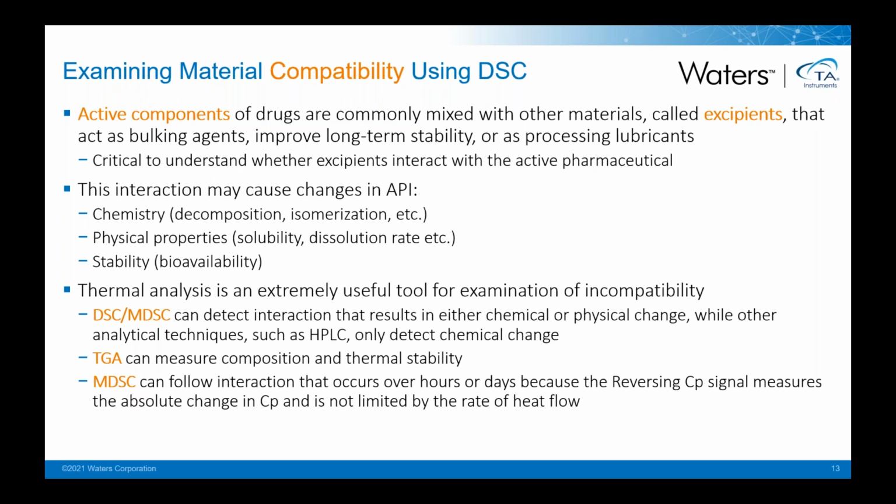And so understanding whether these interact under normal conditions is certainly a critical analysis. And in some cases, you can use instruments such as HPLCs to determine whether there's a chemical change taking place. But certainly DSC, modulated DSC, and TGA can give you some indication as well. And in many ways, it could be a very simple test. And I'll show you how we can run those tests here in a second, and how the X3 provides some